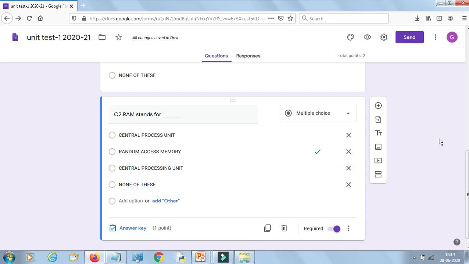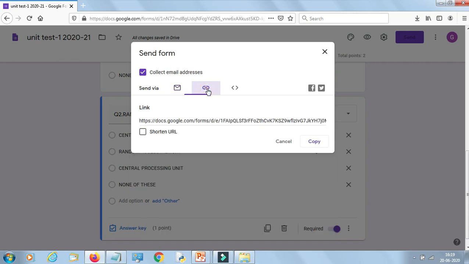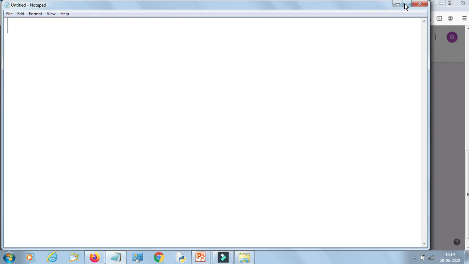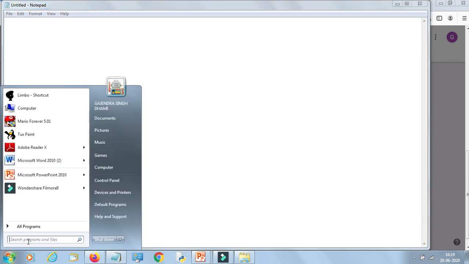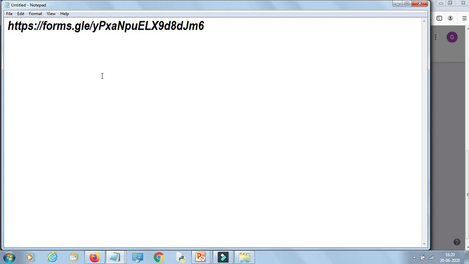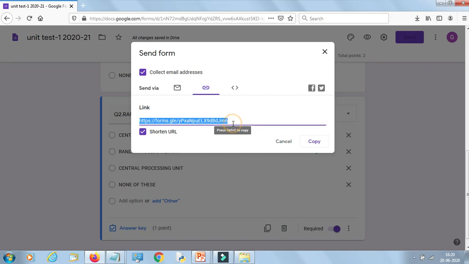It has to be sent to the students. Clear? But if you want to set the time, if you want to send the link, click on send. Click here. So this link is formed that you can copy and you can send it to the WhatsApp group. So how you can copy? You can copy to the notepad. How you can open this notepad? Click here. Just type notepad. आप notepad में copy कर सकते हैं. Clear? So that you remember this link, or you can send it to your email so that in the phone you can check and start the process of copying to the WhatsApp group. Clear? So this link has to be sent to the WhatsApp group.